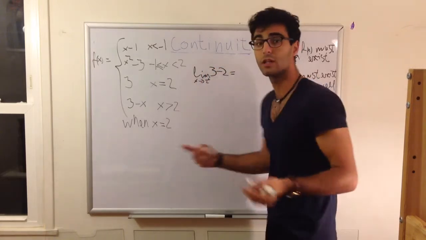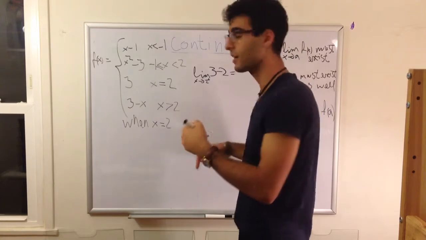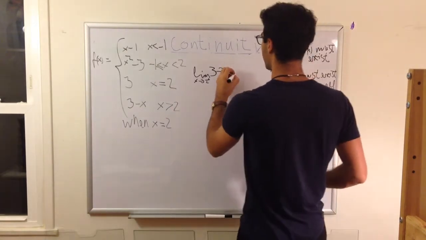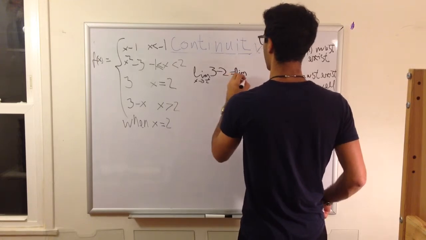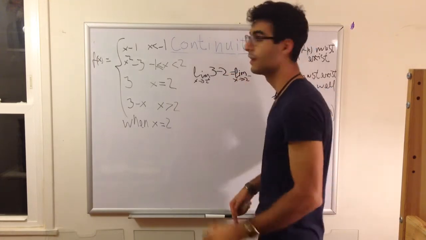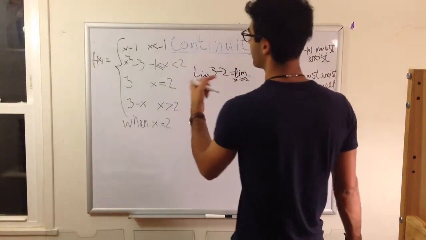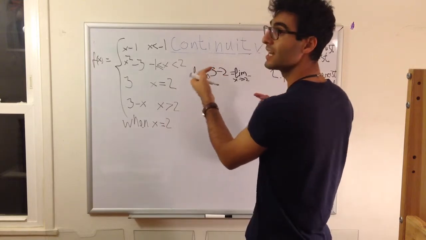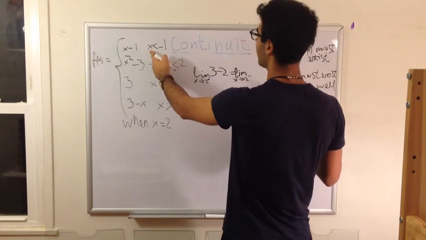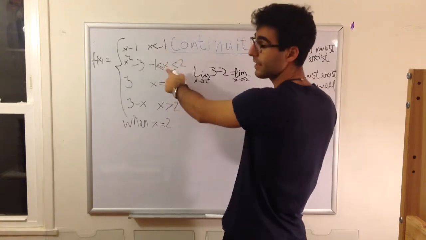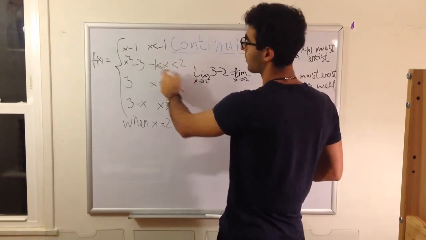It must equal the limit when we come from the left side. So we write the limit as x approaches 2 from the negative side. Where is it coming from the negative side? It must be less than 2. x less than negative 1, x less than 2, perfect. This is what we want. So we're going to use this